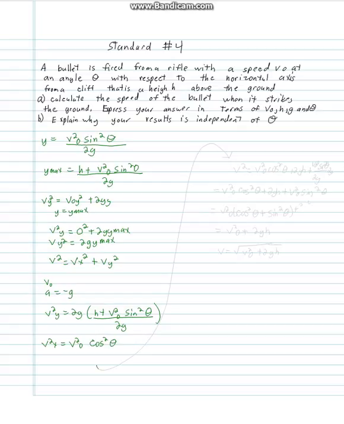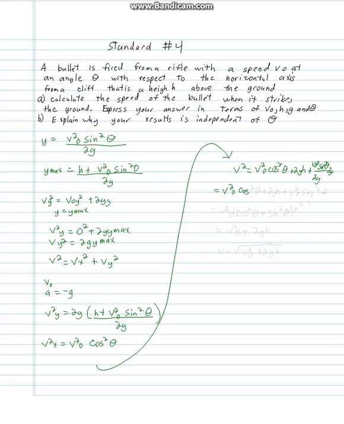At that point we can substitute the values of Vx and Vy in the equation, and we end up getting v squared equals v0 squared cosine squared of theta plus 2g times h plus v0 squared sine squared theta over 2g times 2g, which then equals